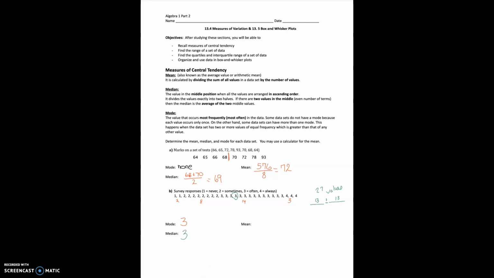And then the mean. When you're doing this on your own, you might want to do something like this. There's 2 1s, so that's a 2. There are 8 2s, so that's 16. There are 14 3s, giving us 42. And there are 3 4s, giving us 12. So now I'm just going to add those values up, 2, 16, 42, and 12, and I'm going to divide